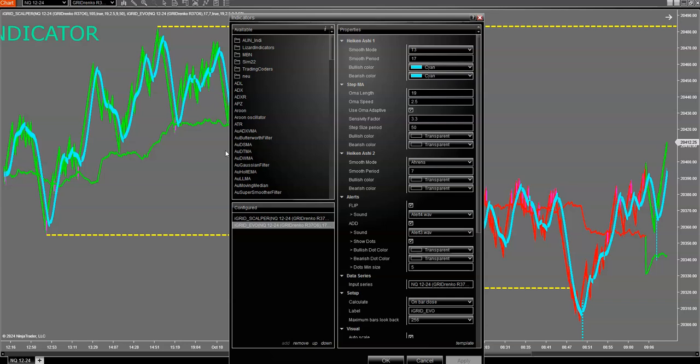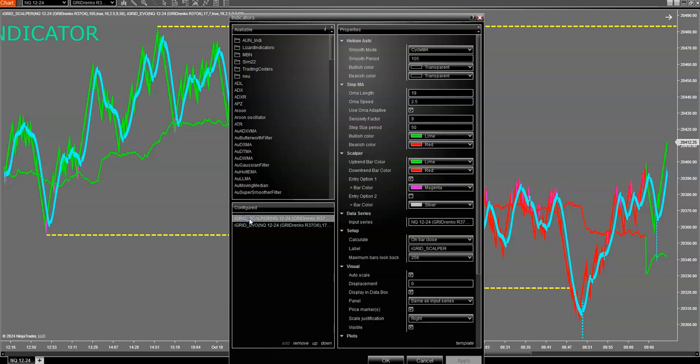I want to use the Heikin-Ashi number 1, and I want it smooth, and the T3 does a really good job for working this type of approach versus some of the other smoothing. It's a little bit more lagged naturally in the way the math is utilized for looking at price, so it works good for what I'm using it for right here. And then I have the iGRID scalper